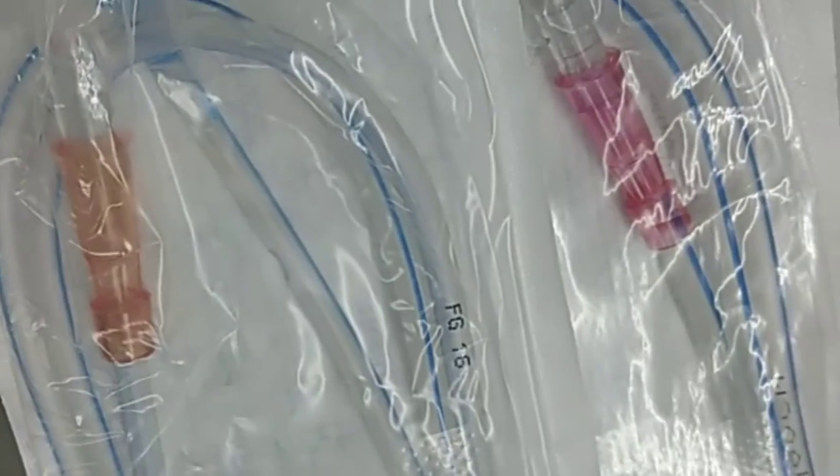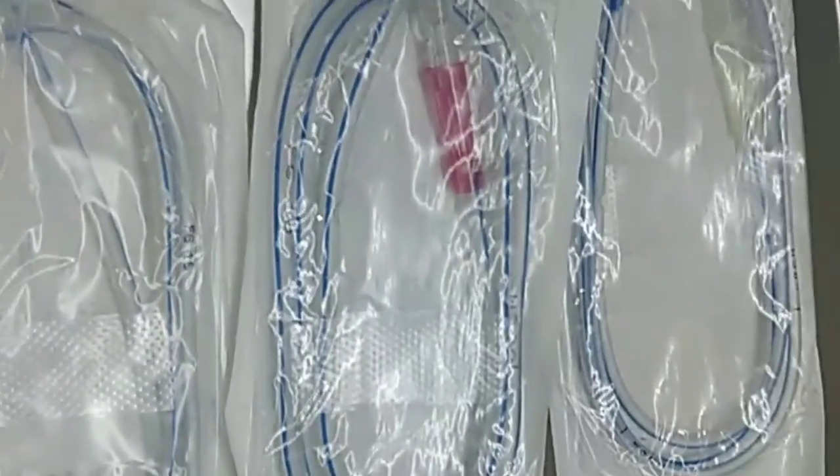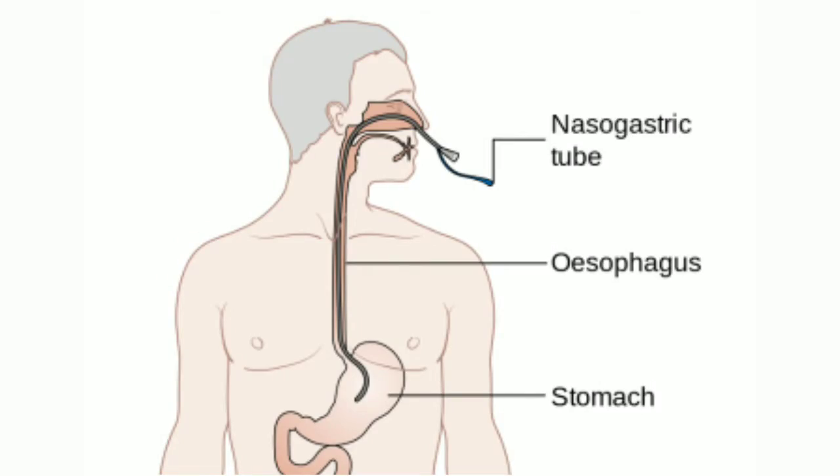First we are going to study what is an NG tube or nasogastric tube. A nasogastric tube or Ryle's tube is a plastic tubing device that allows nutritionally complete feed directly into the stomach or removal of the stomach contents. So the main purpose is to allow nutritionally complete feed directly into the stomach or removal of the stomach contents. It is passed via the nose into the oropharynx and upper GI tract.